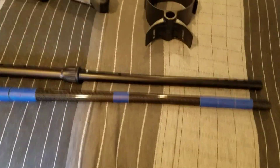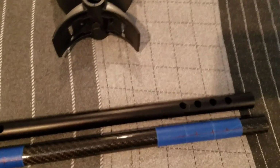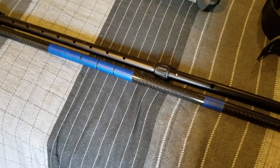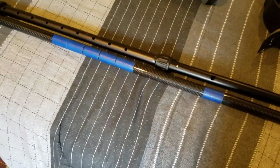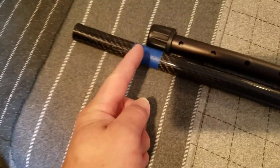Stay with me. Shafts side by side. Carbon fiber shaft, I've measured where all the holes go and marked them with tape. One thing I've read about cutting or drilling into carbon fiber is that because it's carbon fiber, you have to be kind of careful, both with it shattering or flaking, and also the dust, there are particulates. That's not why my voice is hoarse, by the way. But anyways, I've taken off the handle with the control unit and the armrest, and I'm going to use my Dremel tool, the blade, to cut